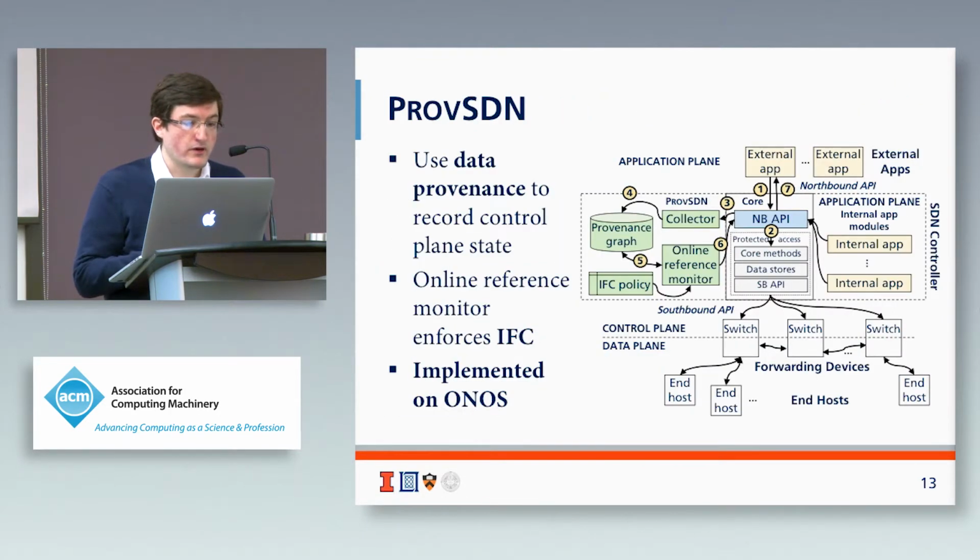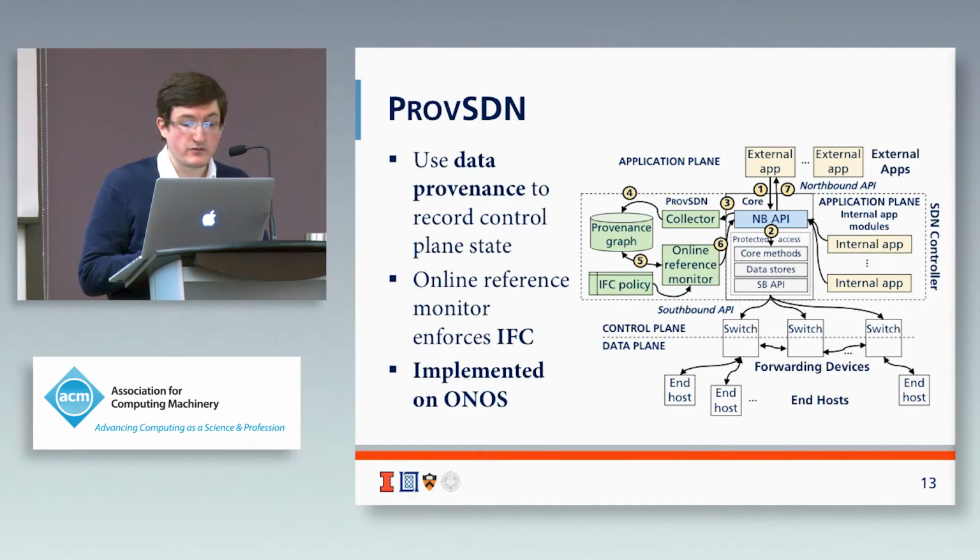In order to solve this problem, we use a data provenance approach that we build into a system that we call PROVSDN. For those who are not familiar with data provenance, essentially it tracks how data were used and generated in a system, by which processes they were used or generated, and then whose responsibility it is for these processes, in this case, different applications. And we can store these various relations among all of these different objects as a provenance graph that we can then query. In this case, we used a standardized provenance modeling technique from the World Wide Web Consortium's PROV model that we use throughout, and I'll explain a little bit later on.